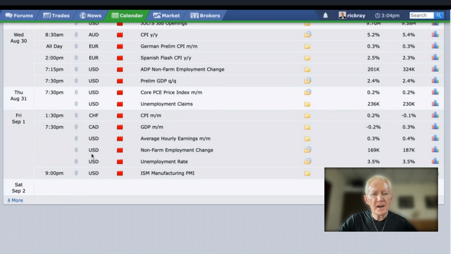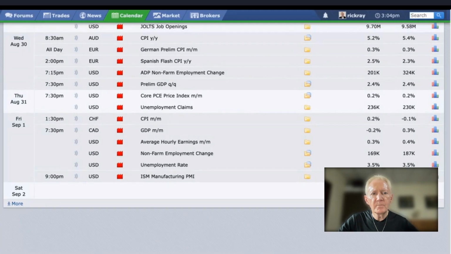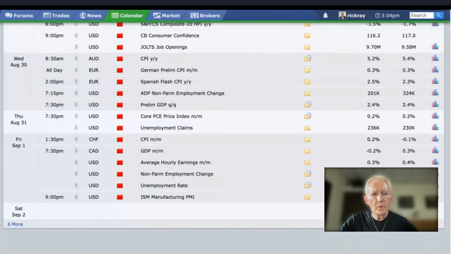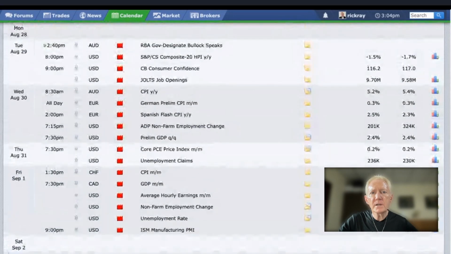And then on Friday, this is a big Friday, another big Friday. We have the first Friday of the month, so we have the non-farm employment change, which is also accompanied with the unemployment rate. That's always a big one, the most highly watched high impact news item for Forex traders. So a full week, a full agenda. Be sure and check forexfactory.com for your local times, because as I always tell you, these are Asian times that you see here. If you live in Laos, Cambodia, Vietnam, Thailand, these are my times because I live in Southeast Asia.